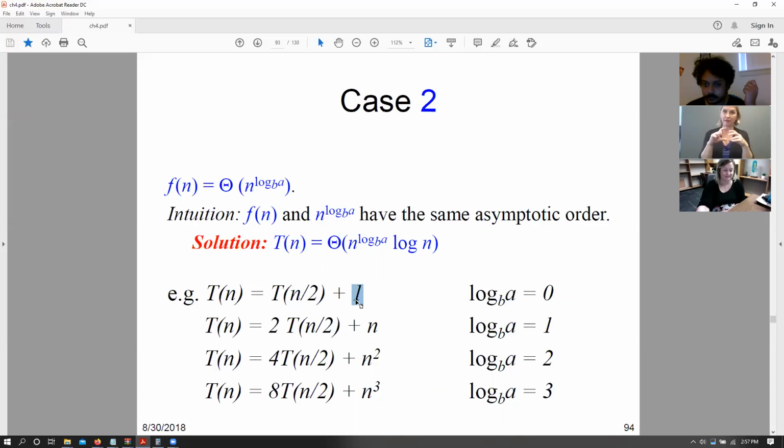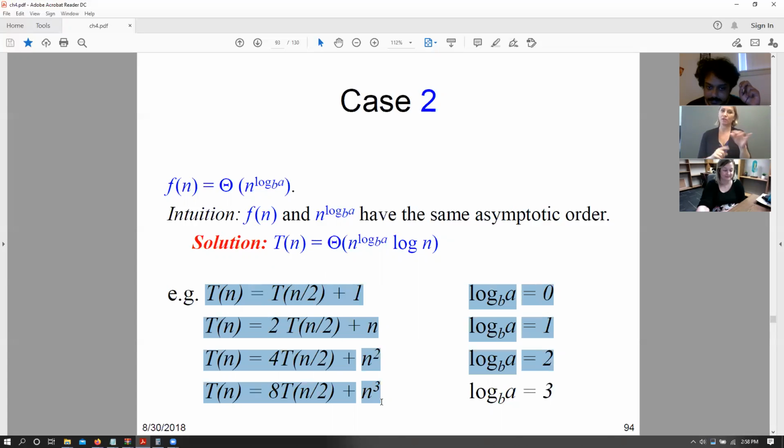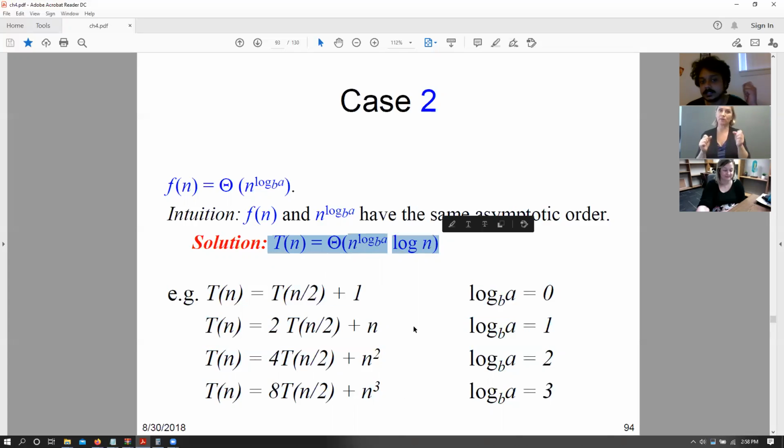So we can say that the time complexity for this is going to be theta of log n, right? For this, essentially, we have 2 and 2. So log base b a becomes 1, and f of n is n. So that applies as well. A and b here is 4 and 2. Log base b of a is 2. That is theta of n squared. So that applies as well. And similarly for 8 and 2, we have n cubed. And so that applies as well. So given this, for all these cases, case 2 applies. And since case 2 applies, we can directly say that the time complexity is theta of n raised to the power of log base b a times log n. Make sense? Any questions?